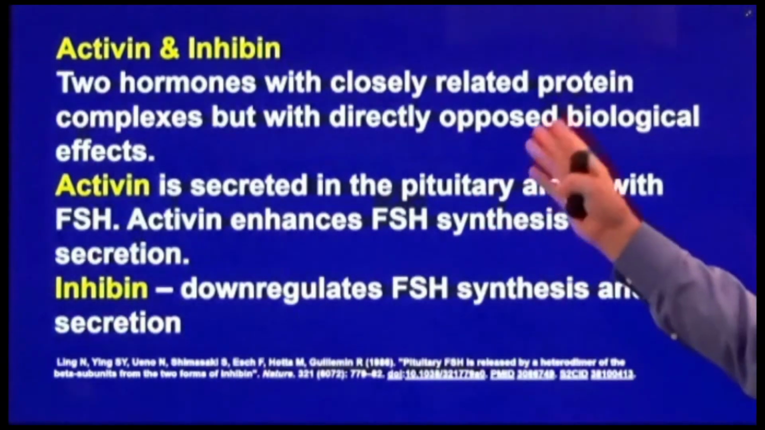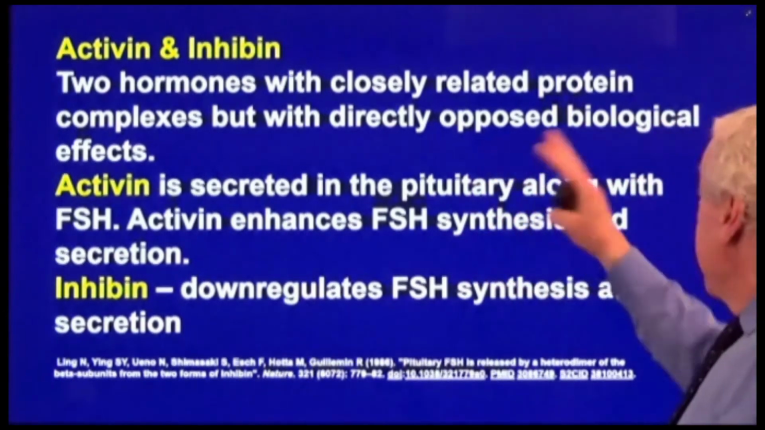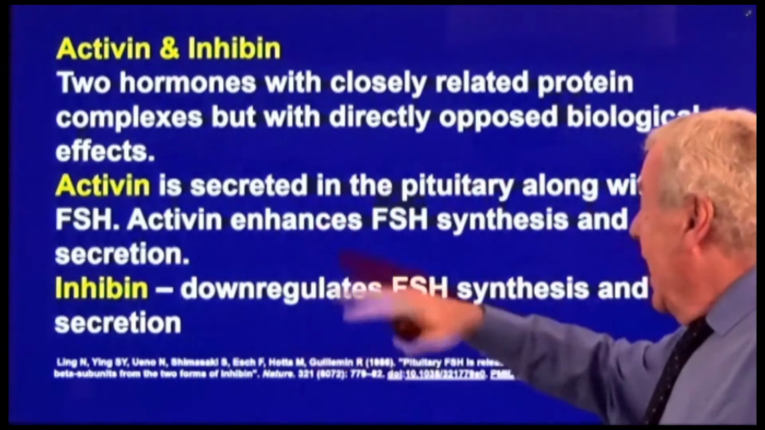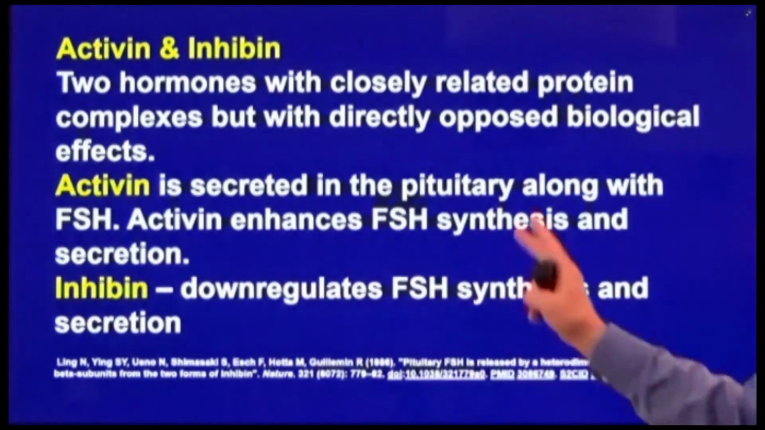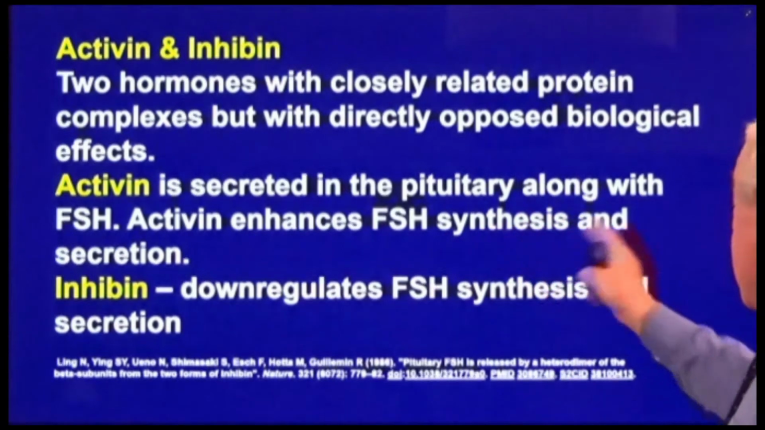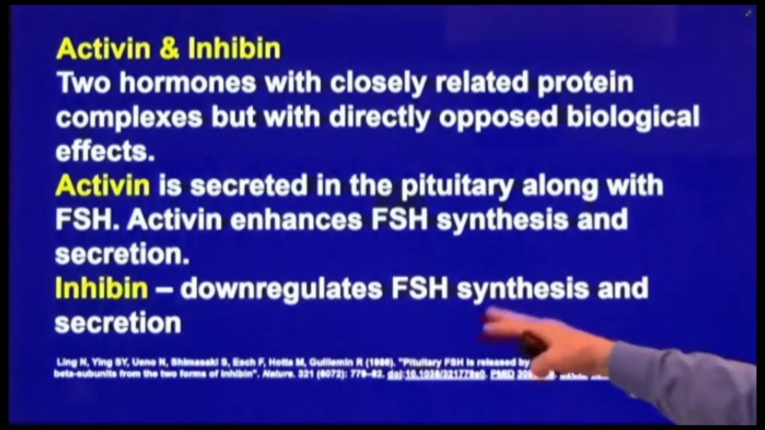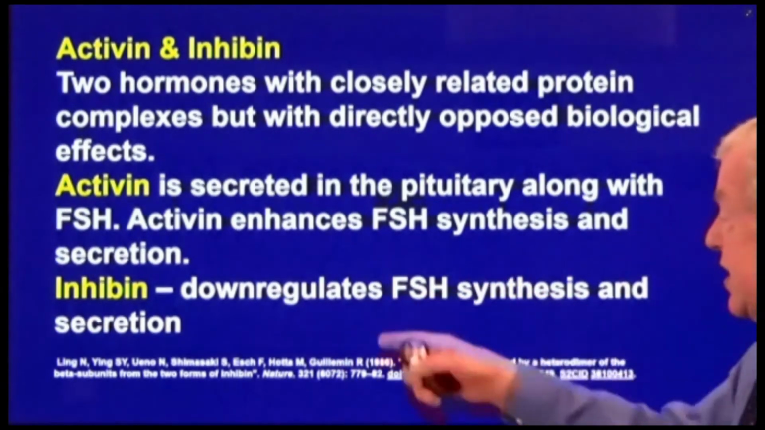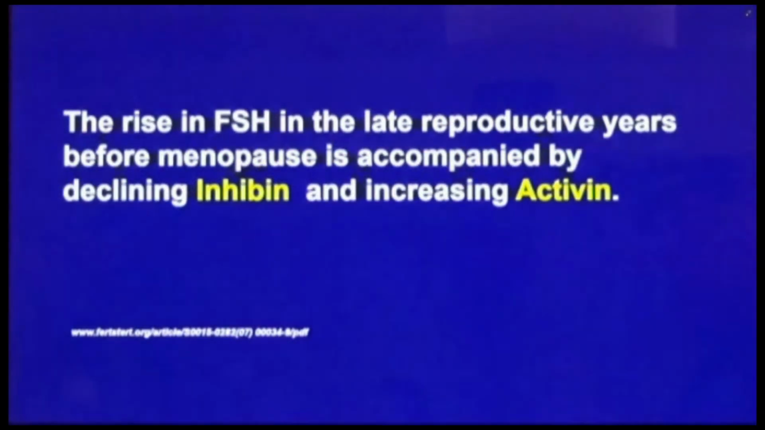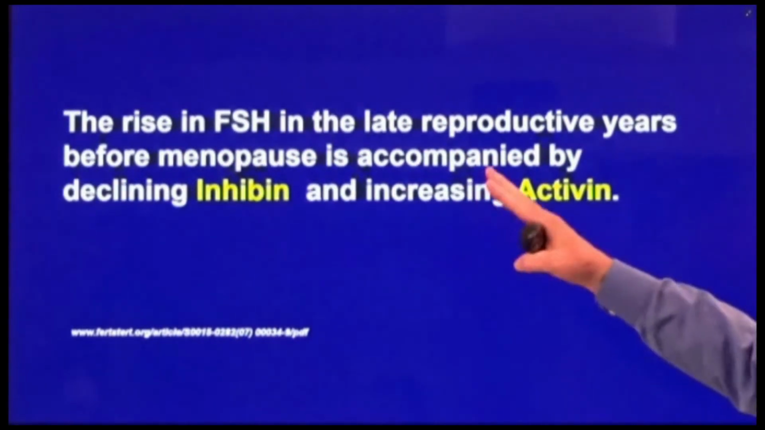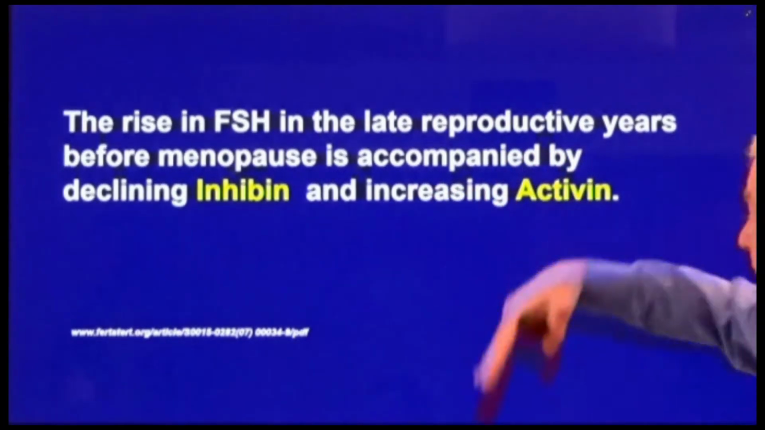Activin and inhibin are 2 hormones which are closely related protein complexes, but with directly opposed biological effects. Activin is secreted in the pituitary along with follicle-stimulating hormone. Activin enhances follicle-stimulating hormone synthesis and secretion. Inhibin downregulates follicle-stimulating hormone synthesis and secretion. Therefore, activin and inhibin work directly as opposites. The rise in follicle-stimulating hormone in the late reproductive years before menopause is accompanied by a decline in inhibin and